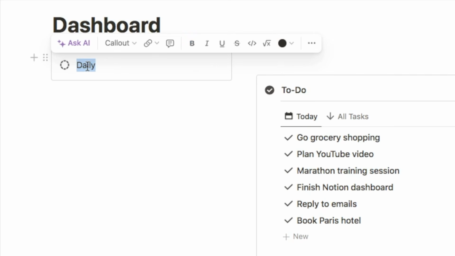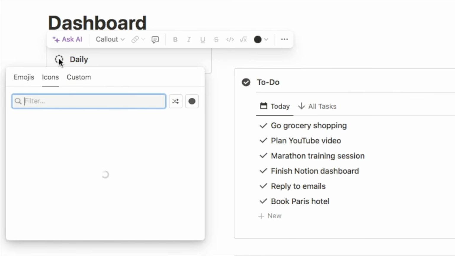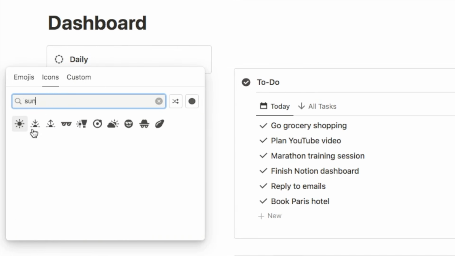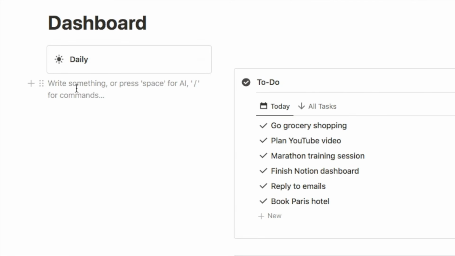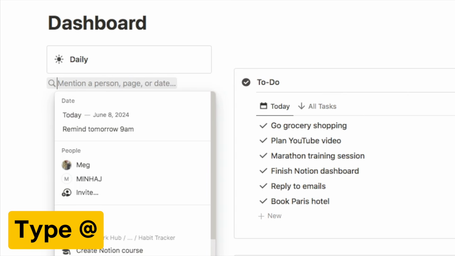So I'm actually just going to highlight this and make it bold, and let's also just change this icon as well. I think we're going to go with a sun icon like that. Then just here underneath the block, we're going to start grabbing the links that we want to add inside this block. So you're going to type the @ symbol like this and just start typing the page that you want